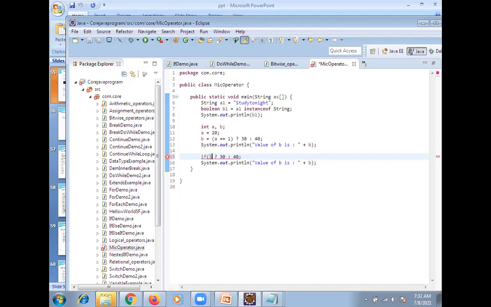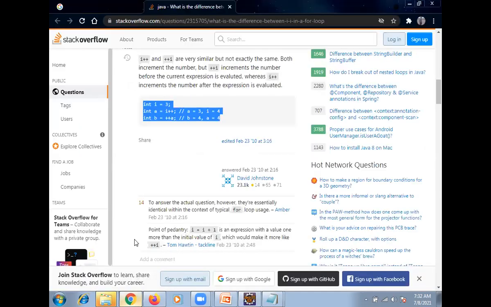If something, A equal to 25, like this. Then 30 will print. Yes. So here we need to change the values. So these are the expressions we are going to use in real time.